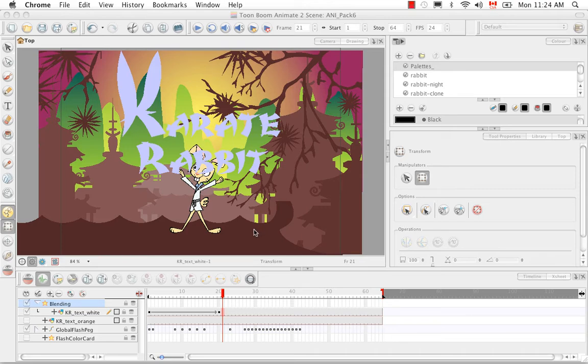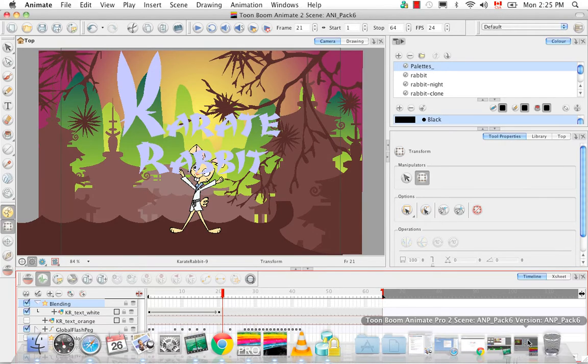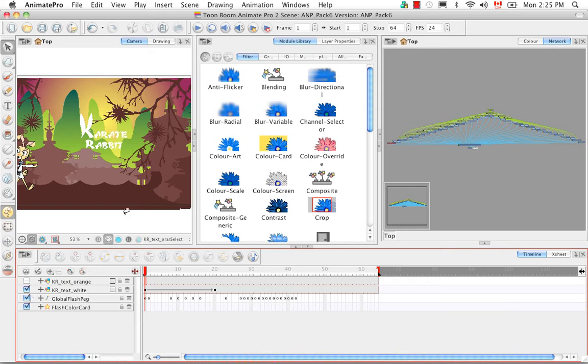Okay, now let's take a look at Animate Pro. So in Animate Pro, we have the exact same scene. I created some white text that, if you scroll across, gets bigger. But this time I think I'm going to use the orange text instead. It's not animated, but I'd like you to see what the blending modes look like when you use a layer